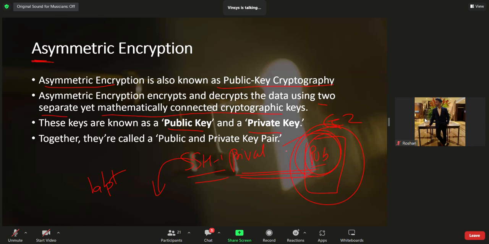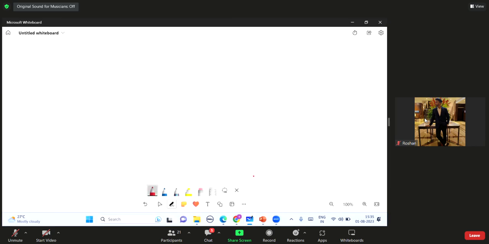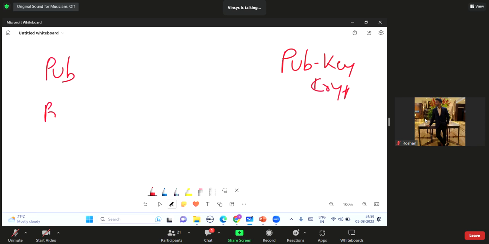So what actually happens with this public and private key? In this public key cryptography, we have two keys, public key as well as private key.